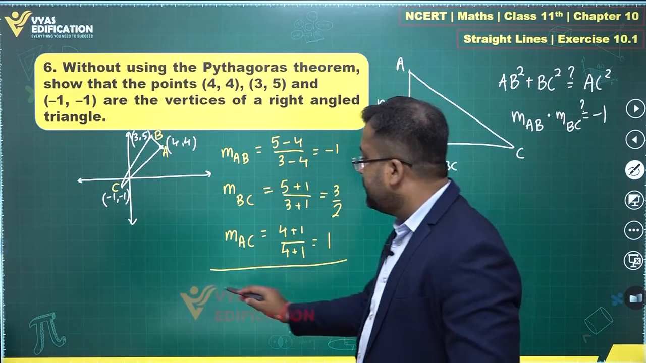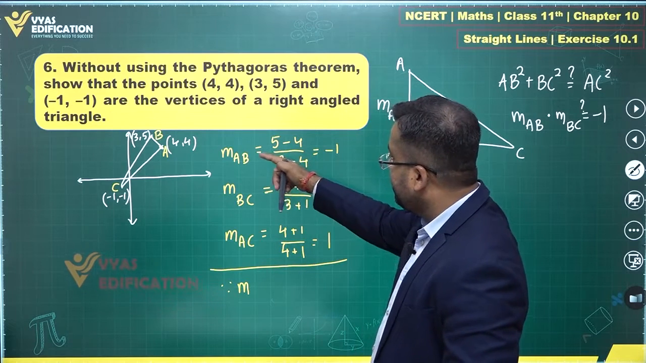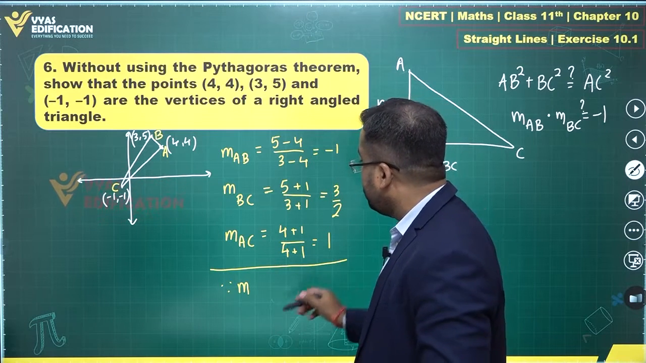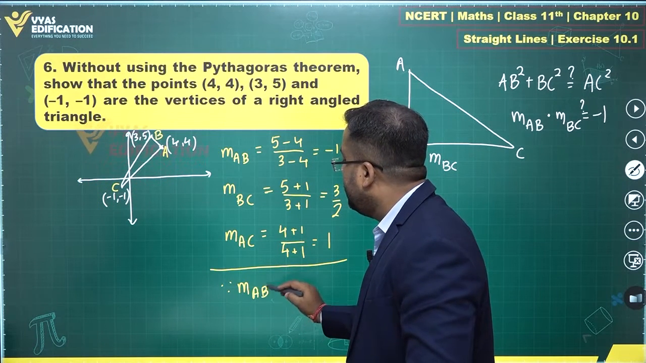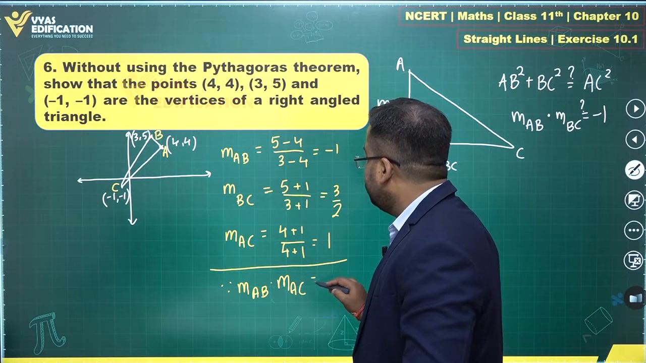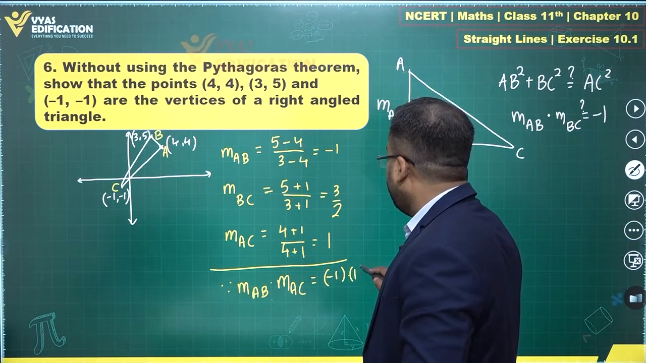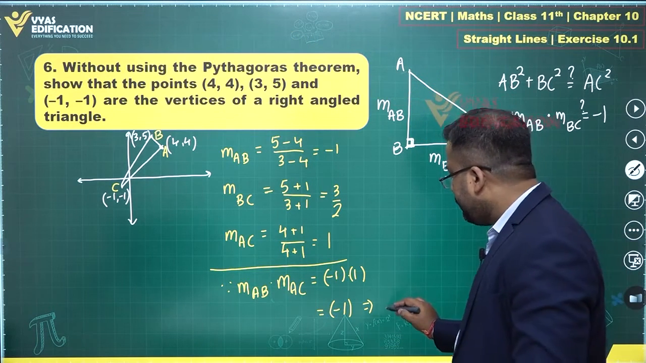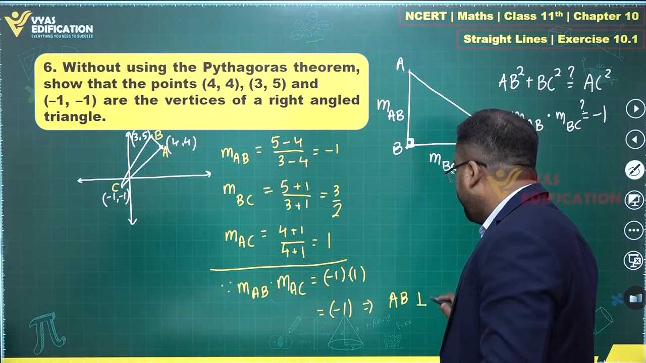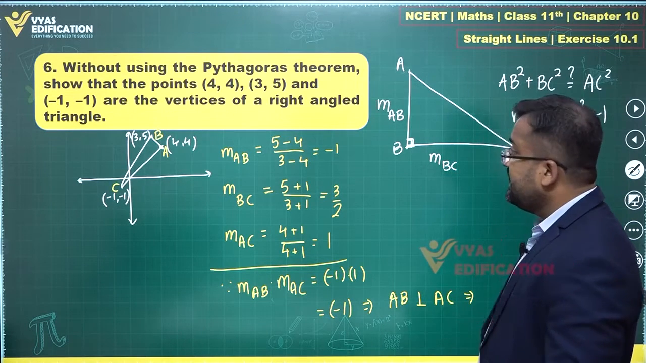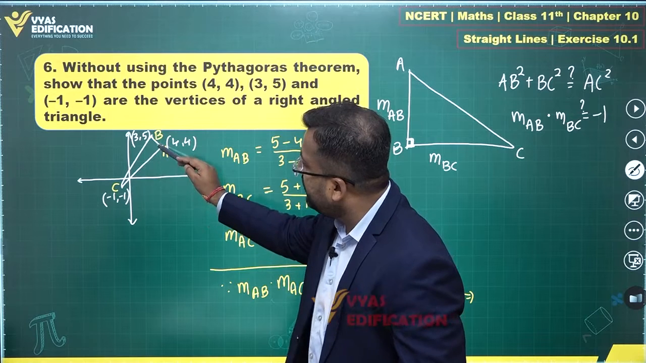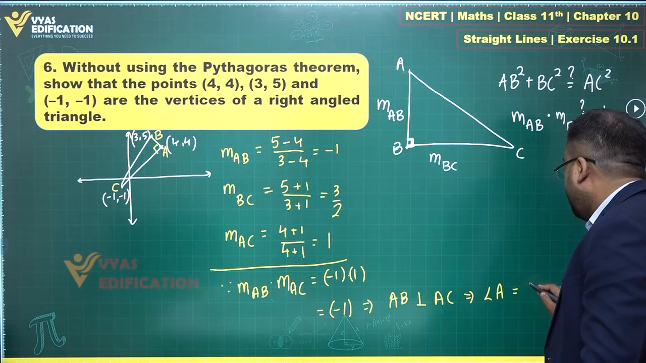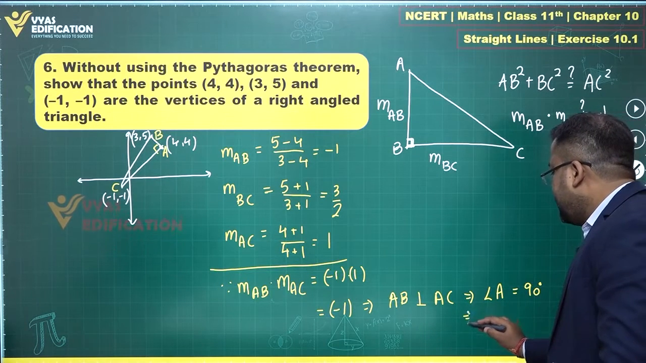And from here, you observe that for AB and AC, the product of these two slopes, this 3 by 2, will create a problem. But the product of this and this, M of AB times M of AC, is equal to -1 times 1, which is -1. This tells me that AB will be perpendicular to AC, which implies that this particular angle, angle A, is equal to 90 degrees, and this tells me that